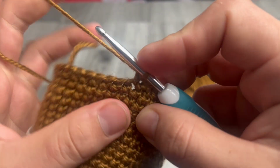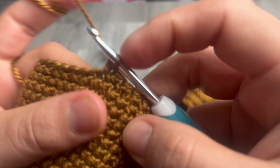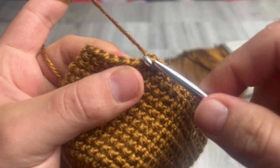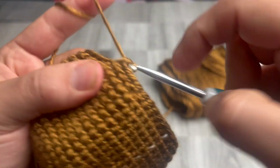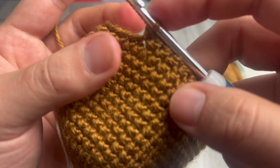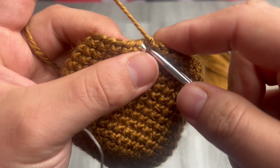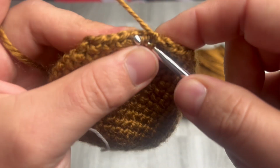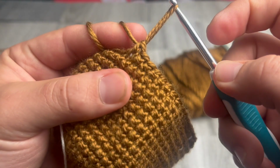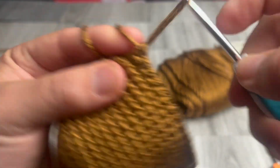So 1, 2, 3, 4, 5, 6. Okay, so now we're just going to go ahead and do just like that again, the decrease. There we go. So we're going to go ahead and jump to the next one, which is 1,